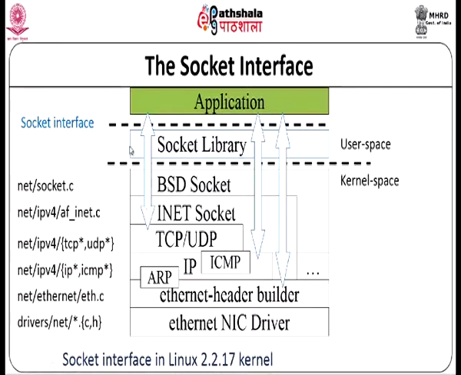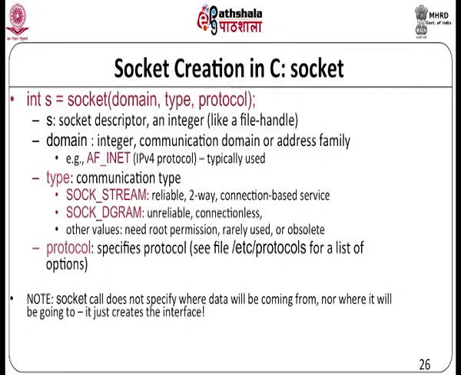So, just as we have file descriptors and a file interface to access files, we have something called a socket interface to access the network related functions. There are different types of sockets that have been designed, that can be defined as part of the Linux kernel or as part of any of the kernels, and we have different APIs which are used for accessing these things.